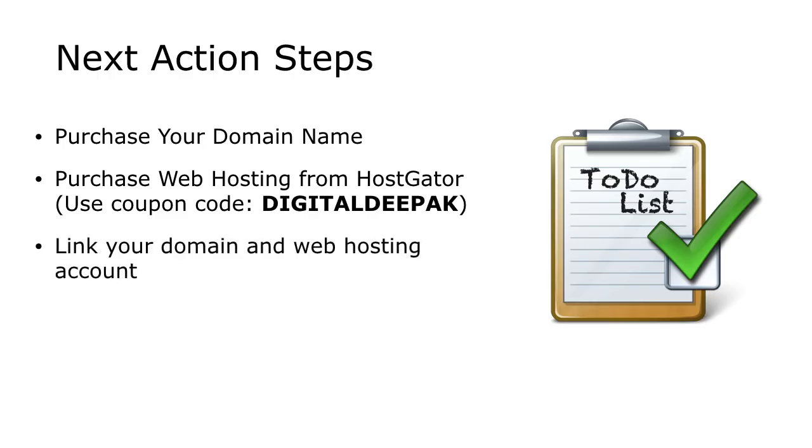And next, once you sign up for a HostGator account, you have to link your domain name and web hosting account. Go through support articles and find out how to link it, find out the exact process. And once both of them are linked, if you visit your domain name, you should be able to see the HostGator page load. And next, you have to install WordPress blog manually on your hosting. It's a little bit of a process where you have to download the files from WordPress, install it on your hosting, and you need to do a little bit of configuration there. The exact steps involved, I have written an article about it, and I have given the link to the article below this video as well.